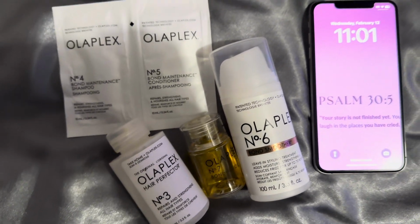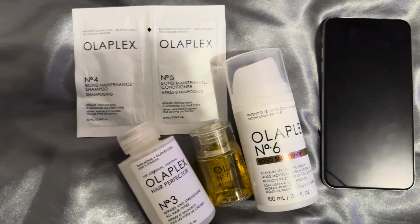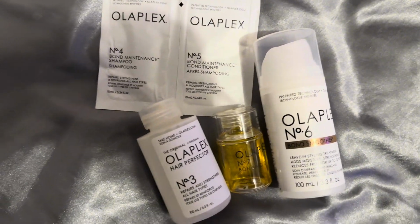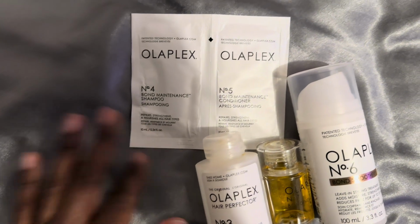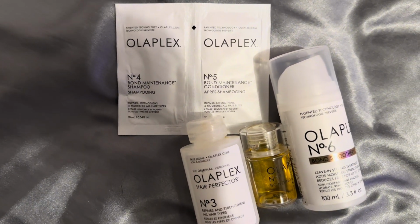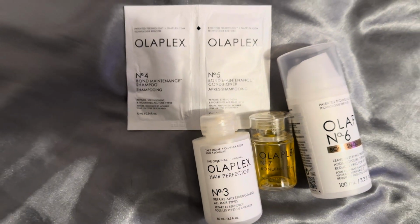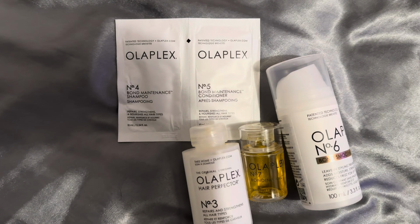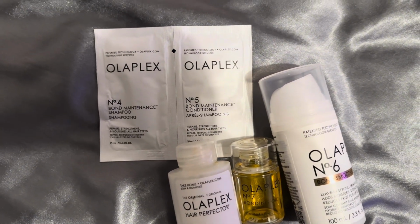It's 11 o'clock and I am finally getting to wash my hair. I have just been preoccupied, distracted all day, but here we go. I have some Olaplex samples that I want to get into. I mentioned before we're doing no buy, so I am making use of all of my available resources. And since my hair is leaning toward more of the damage side of things, I want to go in with